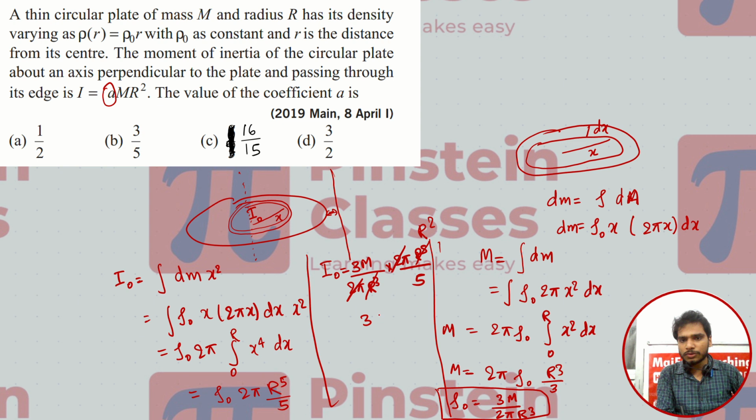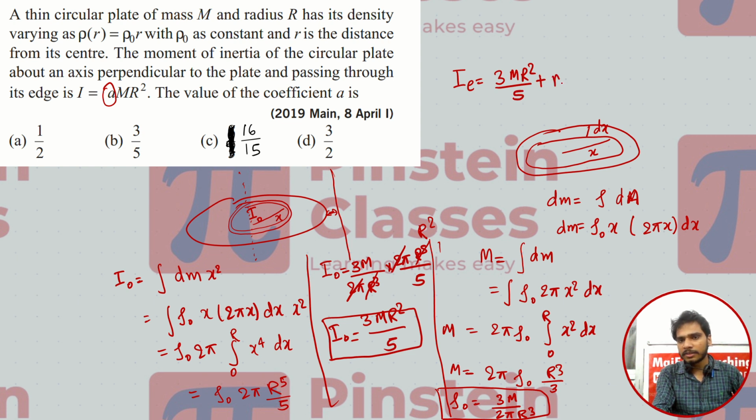So 3 M r square upon 5, this is about the center of mass, but it is asked to calculate the moment of inertia about its edge, so we will use the parallel axis theorem here. So about the edge, the moment of inertia will be 3 M r square upon 5